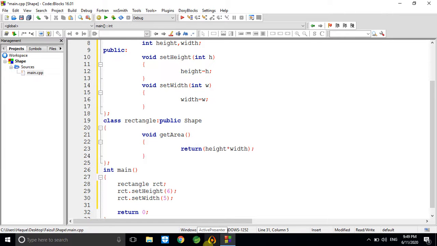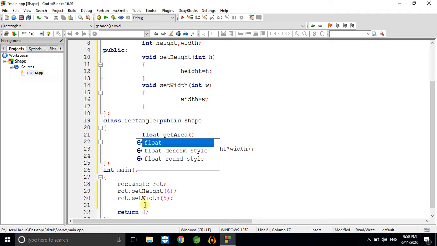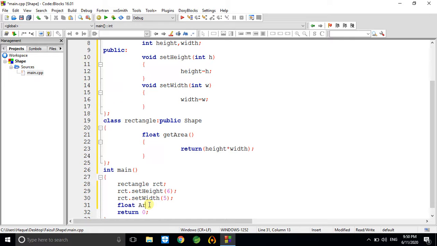Now suppose you want to display the area. To get the area you have to call the getArea method. For that, suppose I'm defining one variable. This will not be void because we are returning a value. Sorry, this is my mistake. So you have to give float here. Float means we are declaring one variable, area.